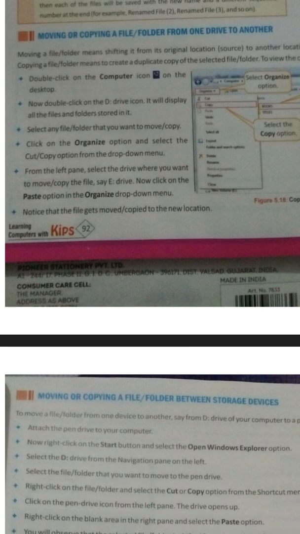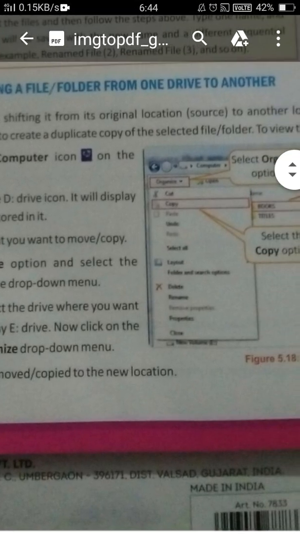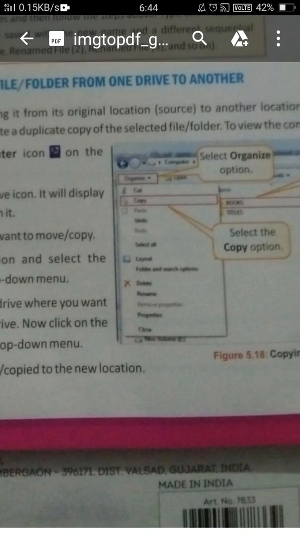Firstly, open that drive and select that file or folder. After that, in the organize menu, select cut. I am showing you. Select the file and go to organize.